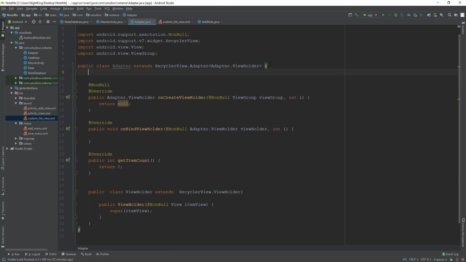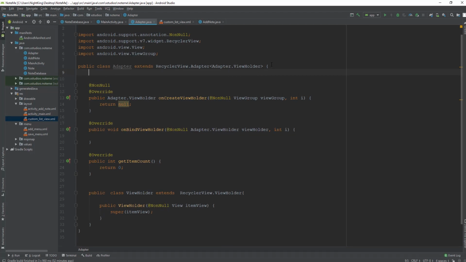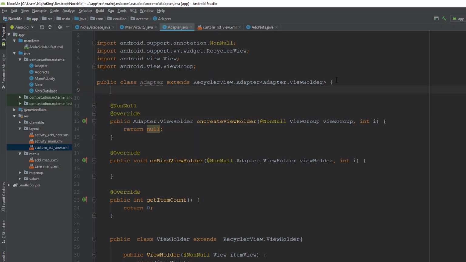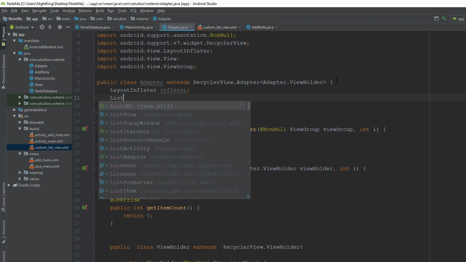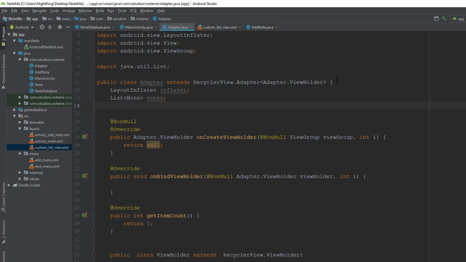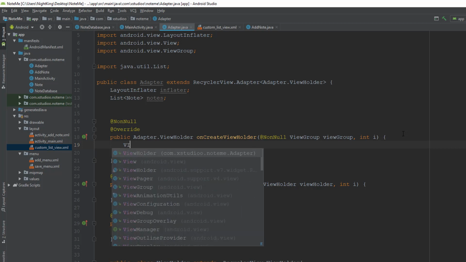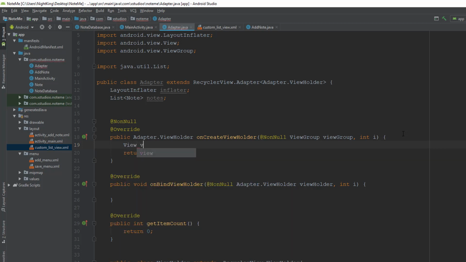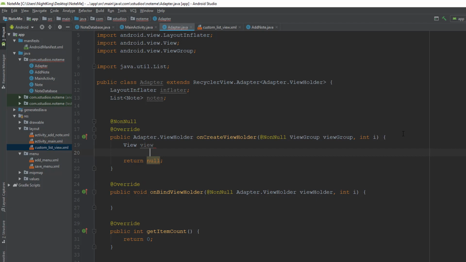Now we need a few variables, so let me start by creating them. So we need a layout inflater. We also need a list view that will contain our note. I'll just simply call it notes. And okay, so I'll create the view first. So view, this will use our custom view to inflate our list of notes. Inflater, inflate